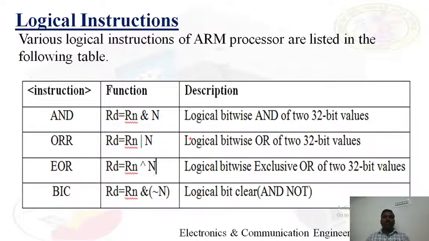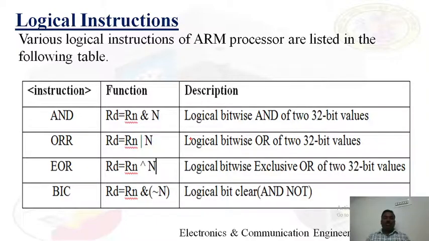Okay, so basically we should understand what the actual operations of AND, OR, XOR and NOT are. The AND operation: when both the inputs are 0 0, the output is 0, then 0 1 output is 0, then 1 0 output is 0. So only when both the inputs are 1, the output is 1, in the case of AND. So basically the AND operation is used to mask off certain bits in the data.